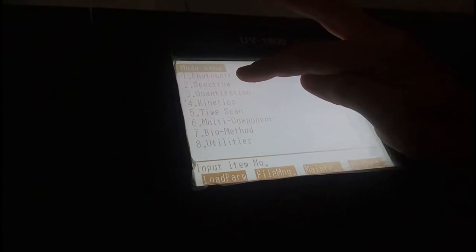Once we know the wavelength of paracetamol in pH 5.8 phosphate buffer, then we will go to the photometric mode for the actual absorbance of paracetamol by taking the different concentrations, that is 1 microgram per ml to 10 microgram per ml.